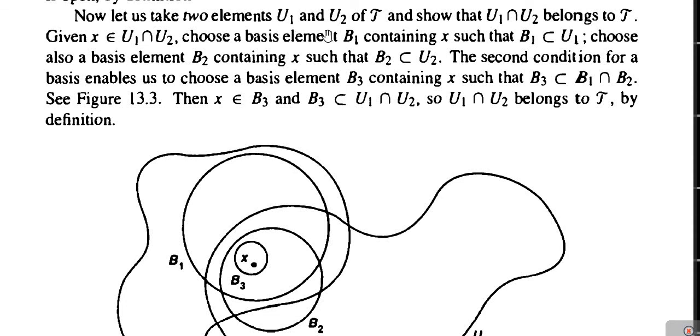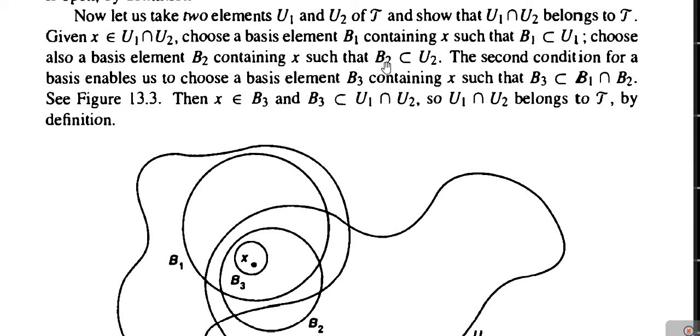So let U1 and U2 be two members of tau. Then we have to show that U1 intersection U2 also belongs to tau. For that purpose, let small x belong to U1 intersection U2. Then we choose a basis element B1 which contains x such that B1 is contained in U1, and we choose a basis element B2 which contains x such that B2 is contained in U2.